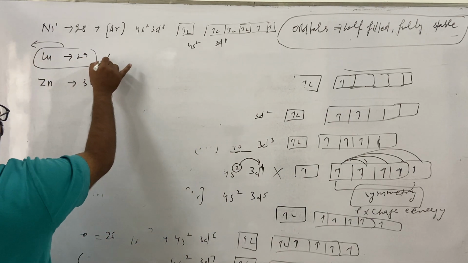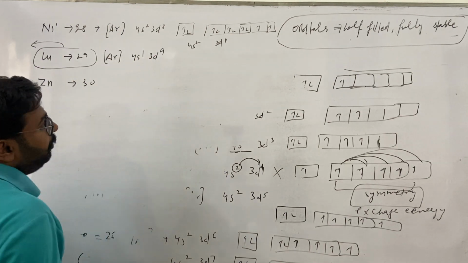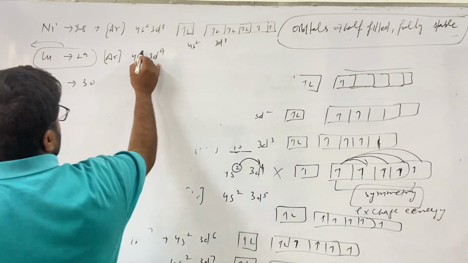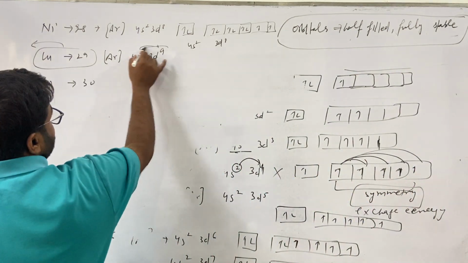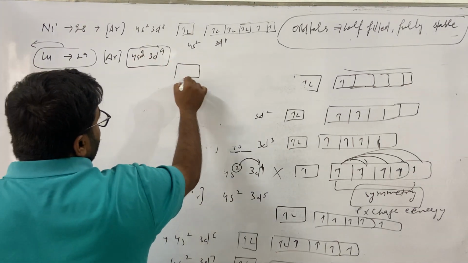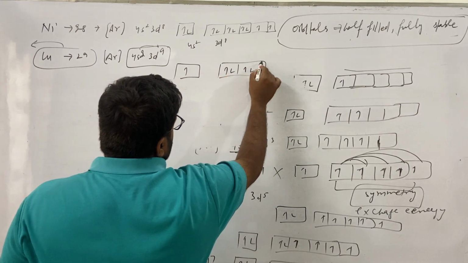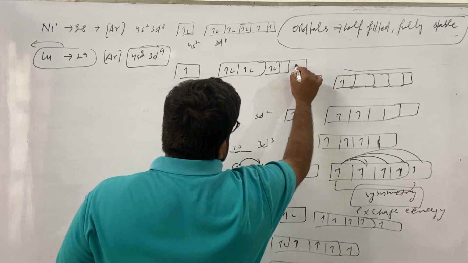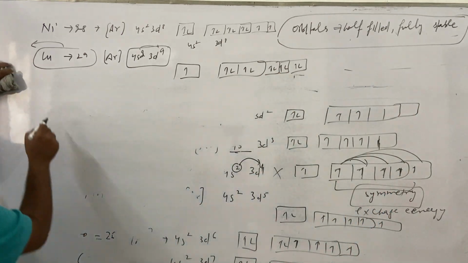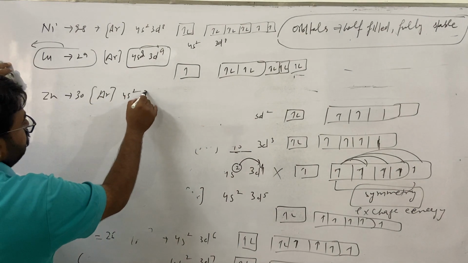तो इसे होना तो ऐसे चाहिए था आर्गन 4s1 और 3d9। तो मैंने आपको अभी लिखाया कि ऑर्बिटल्स हाफ फिल्ड और फुली फिल्ड स्टेबल होते हैं। तो ये कहेगा कि तू मेरे को एक इलेक्ट्रॉन दे दे, तो ये 4s1 और 3d10 बन जाएगा। 3d10 मींस ये जो d subshell है वो फुली फिल्ड हो चुका है। और इसके बाद जो जिंक है उसे हम एज इट इज ऐसे लिखेंगे, आर्गन तक 18, 4s2 20 और 3d10।